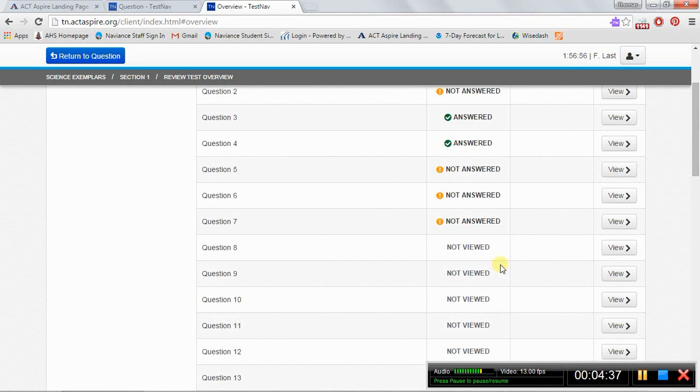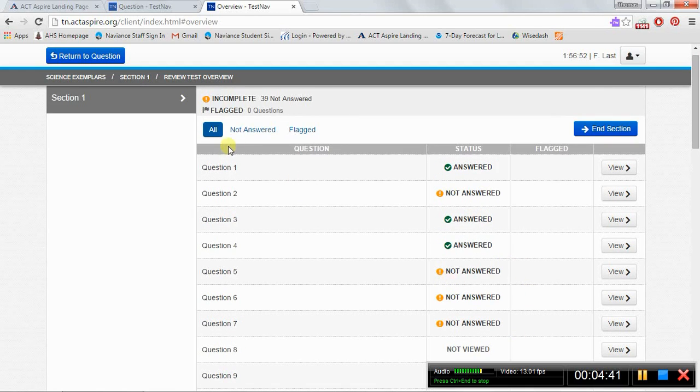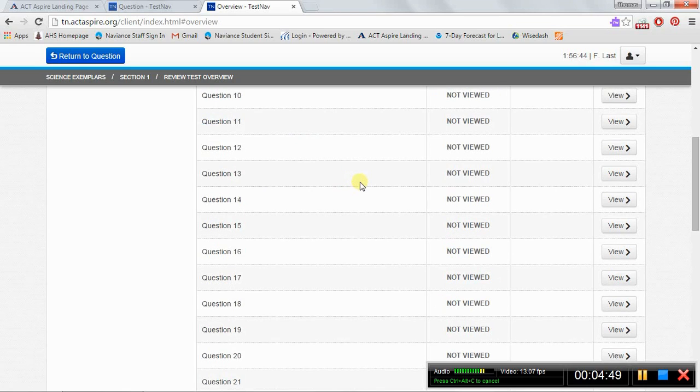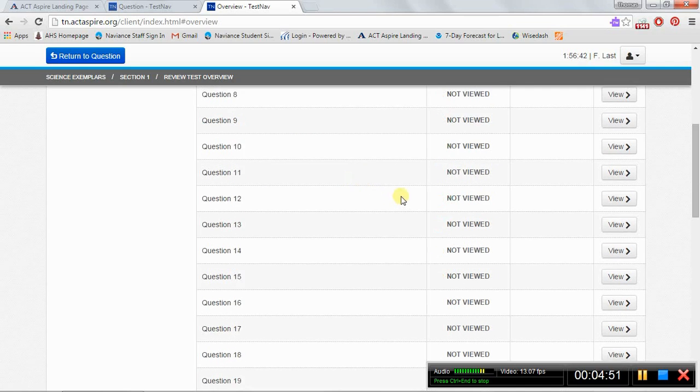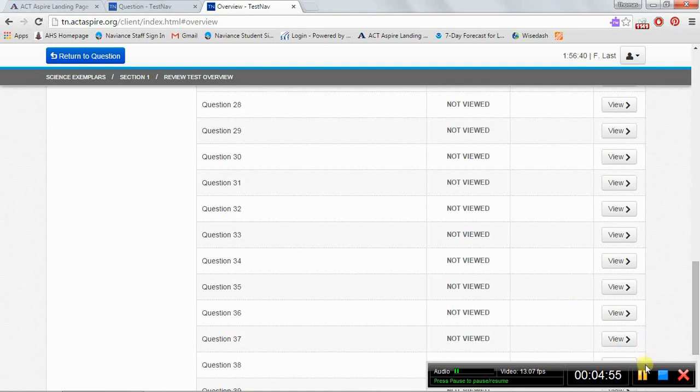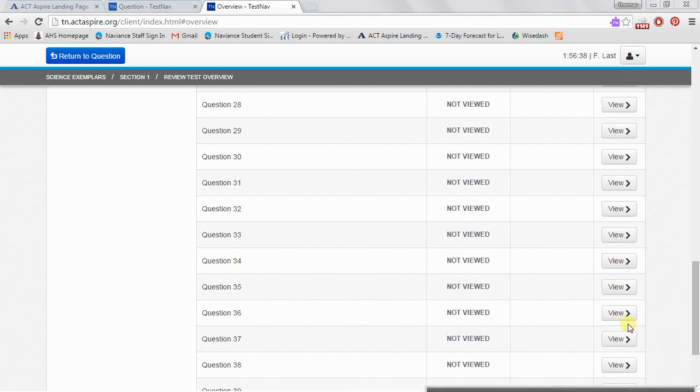So we have a lot of work left to do in this science portion, but this is a good screen for you to see your progress and where you're at so that you can go back and answer all the questions that you've missed. So as you go through, let's just pretend for a second that we've answered all these questions to the best of our ability. We'll get down to our last question,